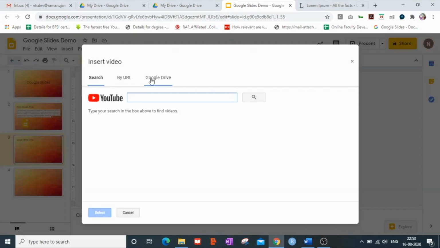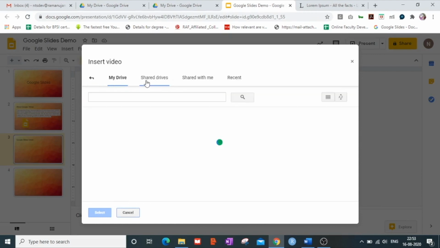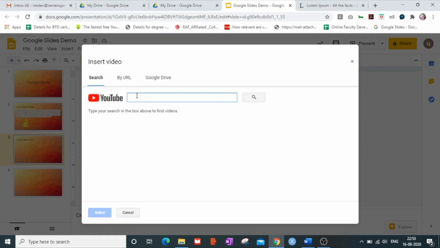There are three options again from which you can insert your video. Either you can insert a video directly from YouTube, or you can paste a URL, or you can upload any video from Google Drive. Suppose I wish to insert a video using YouTube.